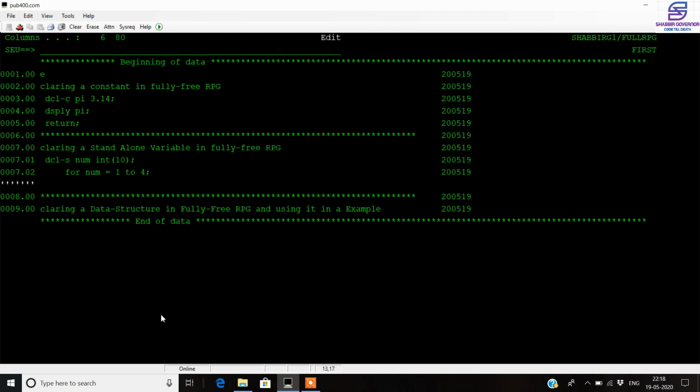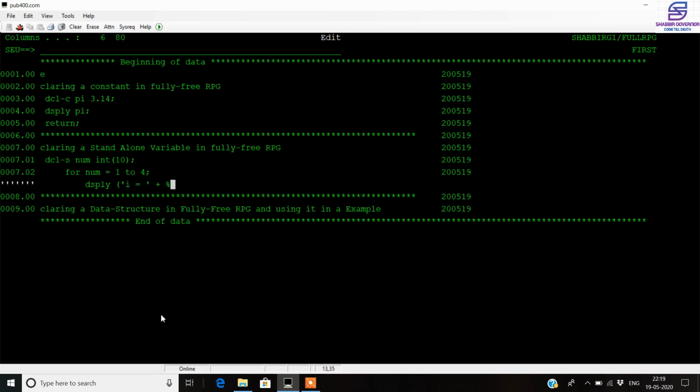Then inside the for loop we just display the number, and we'll iterate over the loop. We'll use the iterator I here, and we give that I is equal to what it will be equal to. One thing you should note is that between the display you should give a space, or else the compiler may throw some error.